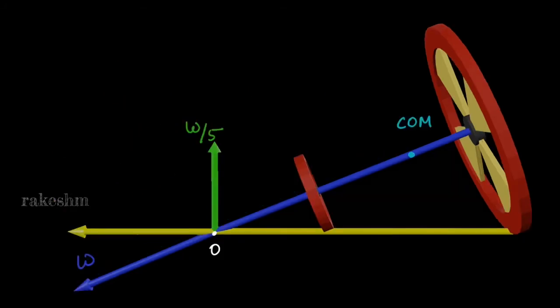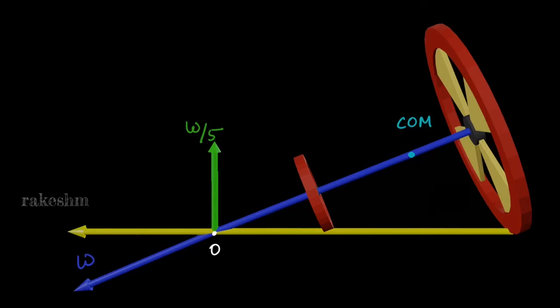Next, let us move on to the calculation of velocity of the center of mass. Now how we will calculate the velocity of center of mass is, we will first find out what is the instantaneous axis of rotation. Next, we can calculate the velocity by using the angular velocity about the instantaneous axis of rotation and the distance of the center of mass from that axis. So we had considered the angular velocity of this body about two axes. One is this axis and the other is the z axis,